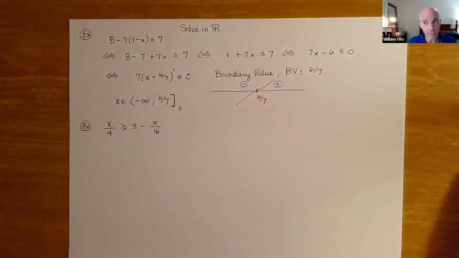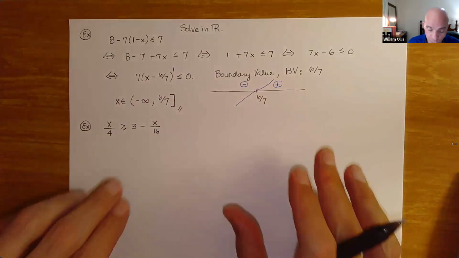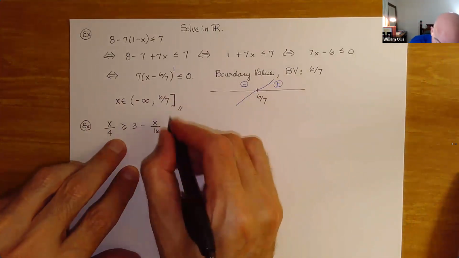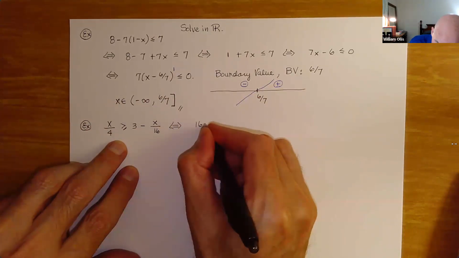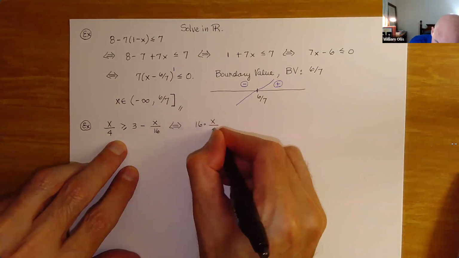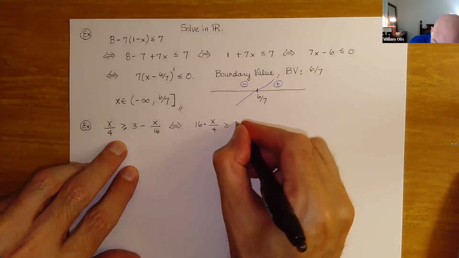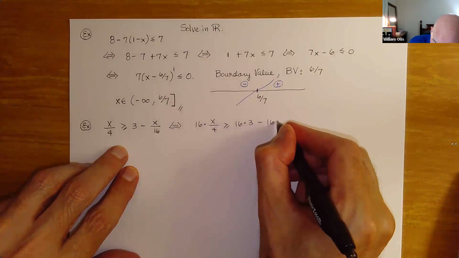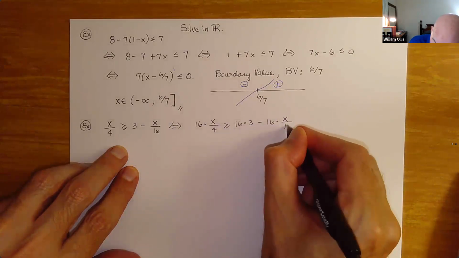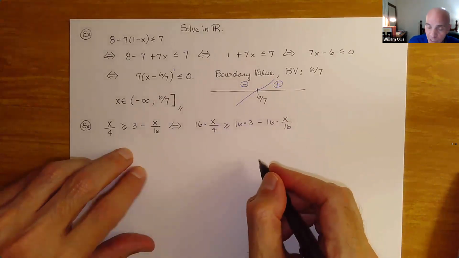Again, that's completely up to you, but we find it to be very useful. So now we'll just go ahead and multiply both sides by 16. So 16 times x/4. I'll just go ahead and write this out. And then, of course, we have 16 times 3 and minus 16 times x/16,